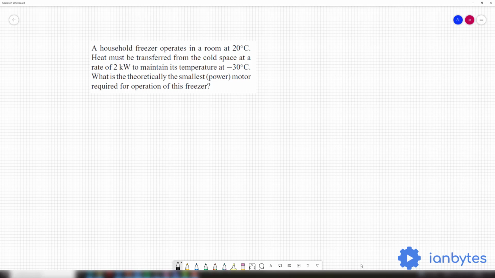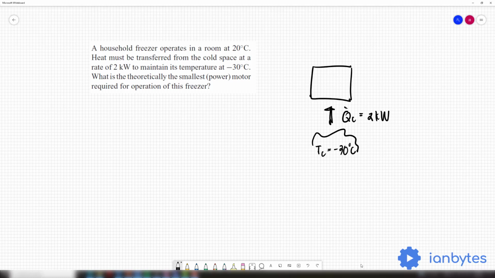So, before we officially begin our calculations, i-drawing muna natin yung ating schematic diagram. We know that we have a refrigerator, and we know that in a refrigerator, the goal is for it to absorb heat from a low temperature reservoir. So here, Q dot C is just equal to 2 kilowatts, and ang ating low temperature reservoir, TC, ay nasa temperature na negative 30 degrees Celsius.